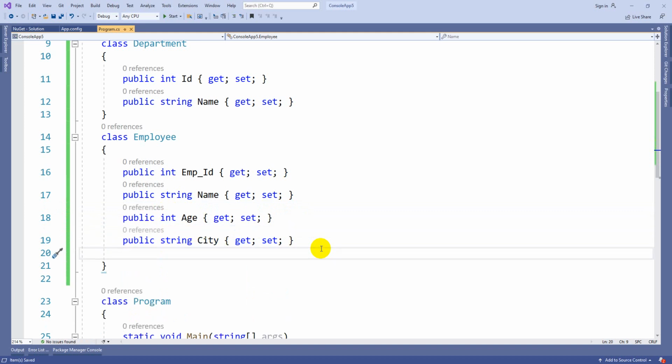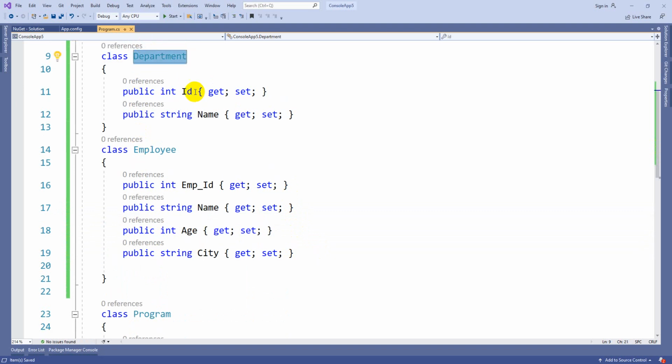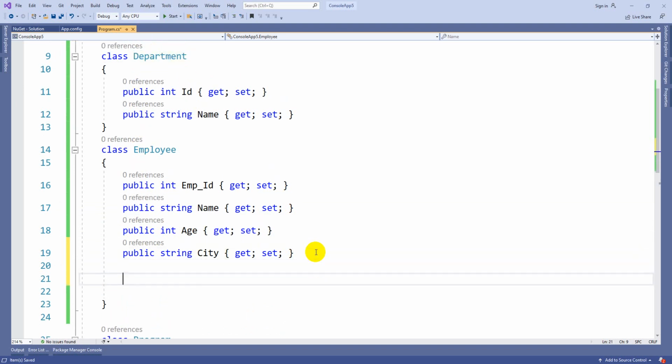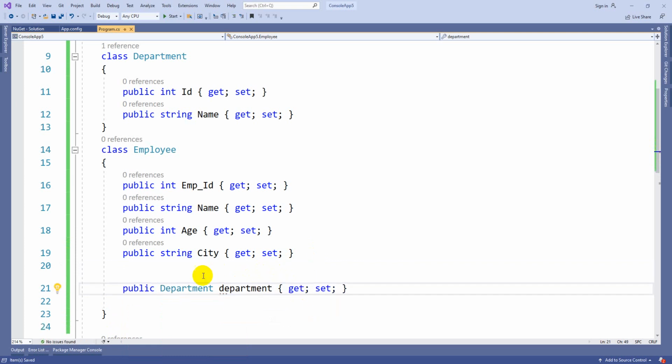Now I just want to create a foreign key from this Department table to this particular column. Whenever you want to create a foreign key column, first you should write public, whatever the class name, that is Department, Department get and set. It will give you the mapping, not exactly a foreign key.